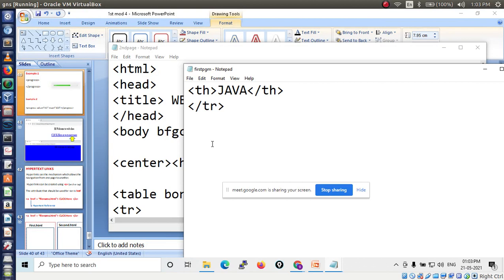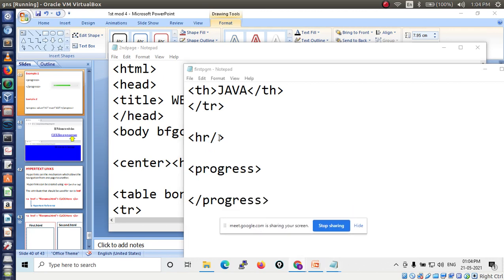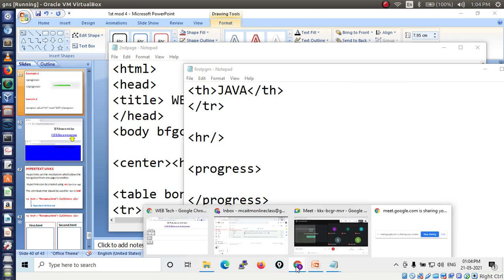I am not using any values, simply progress and slash progress. Let's see.